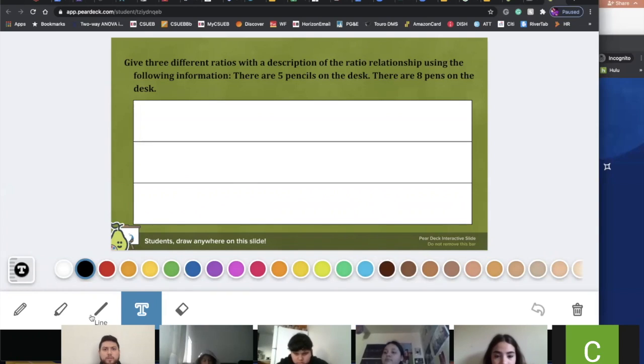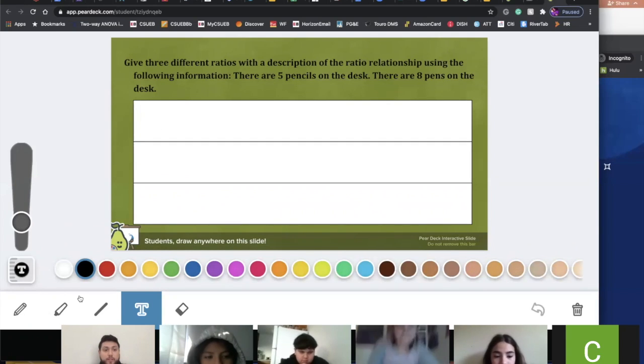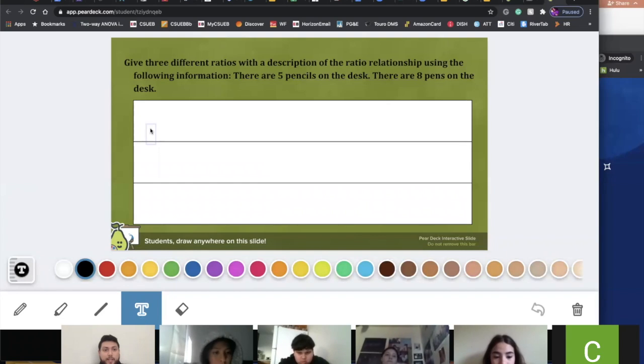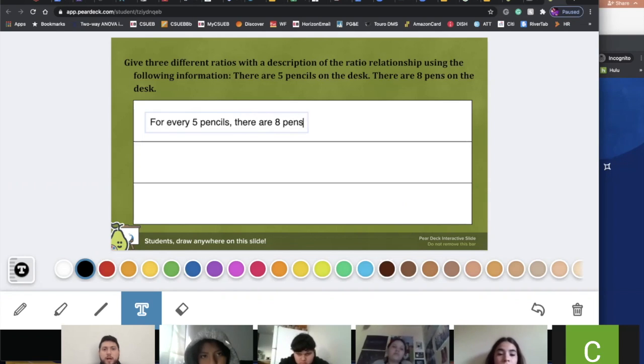Thank you. So now we can do an example. So in English, there are 5 pencils on the desk. There are 8 pens on the desk. So one thing we can do in a sentence, we can say, for every 5 pencils, there are 8 pens. Another one we can say is